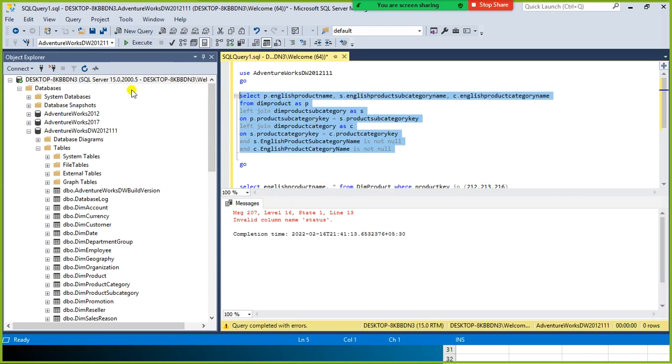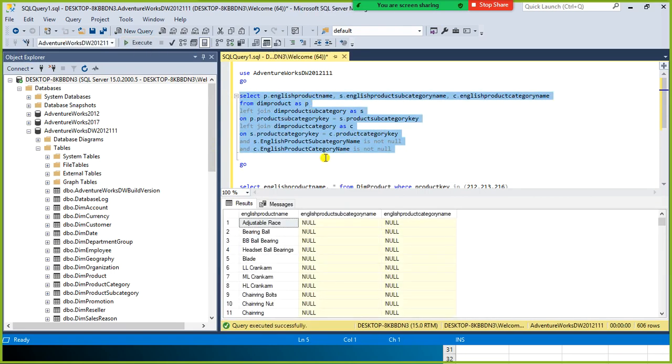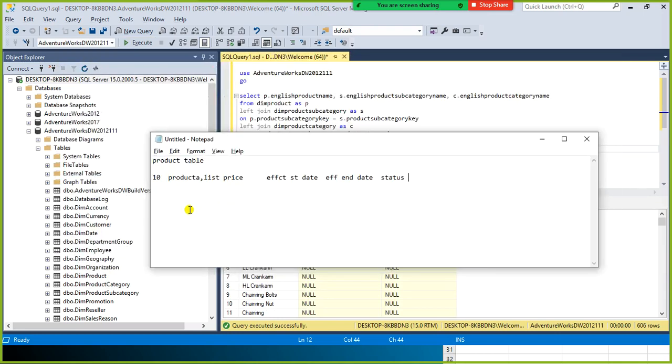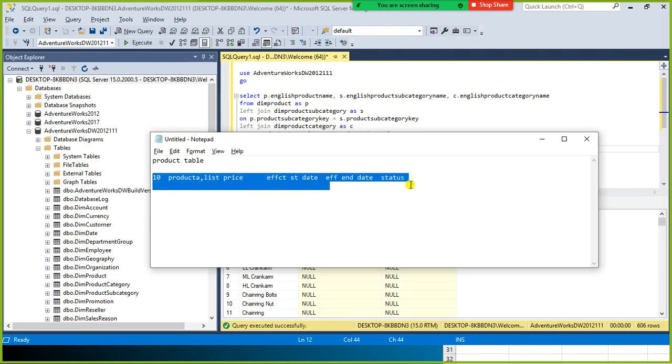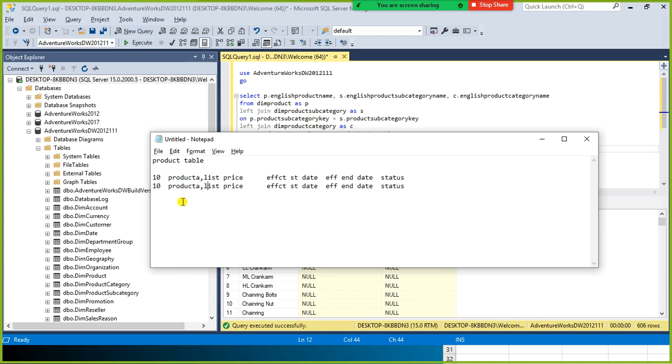With this query we are able to successfully denormalize it, but the only thing is you need to check why it is null, because these products would have expired. As I told you, the same product is stored multiple times. Let's say when the price changes for the same product after a month or whenever, the previous status will become null.